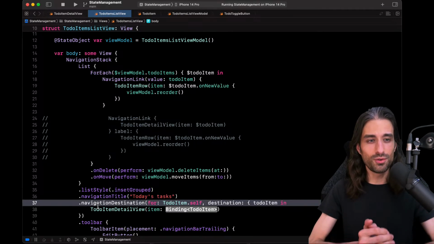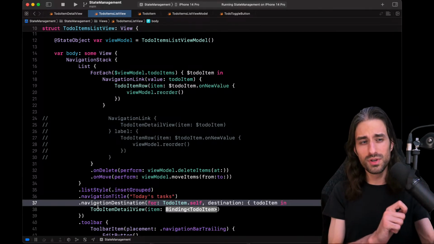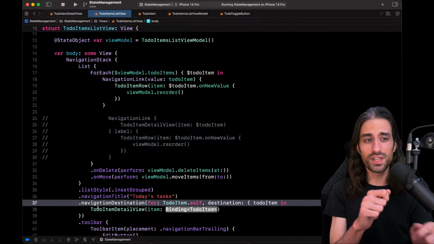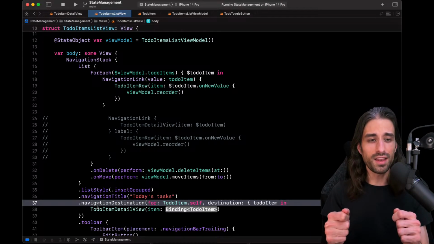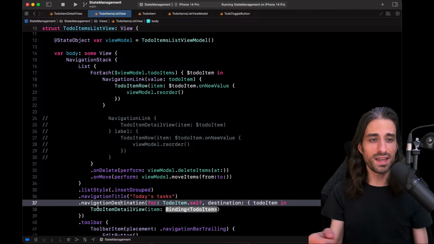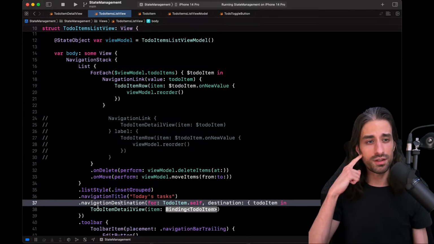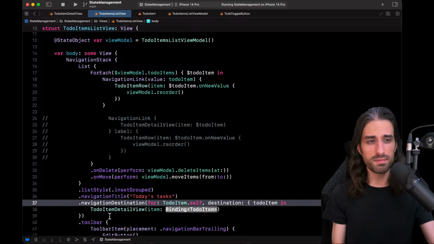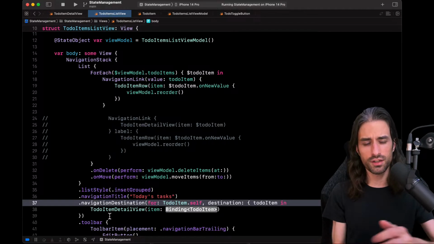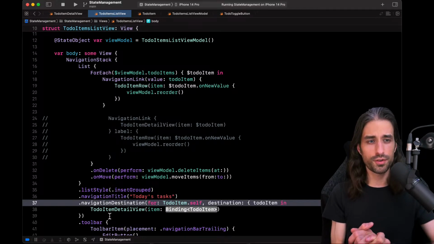It would just be there to be in the view hierarchy, and then you would set a boolean in another object to say, okay, now enable navigation link, and when the boolean is set, then you would have another piece of your code that triggers the navigation. So it was doable to achieve the same API that allows you to decouple the navigation, but it would require a lot of custom code, and code that can easily break when you get into edge cases. So having a built-in approach is much better.